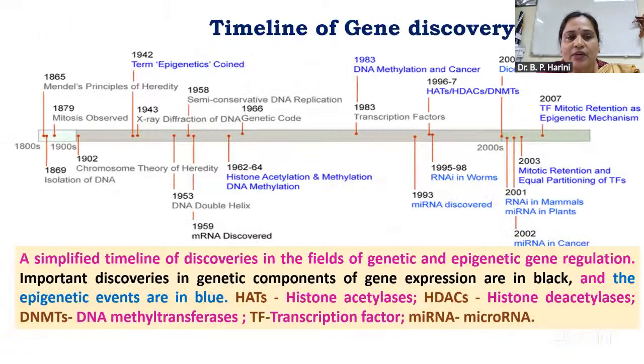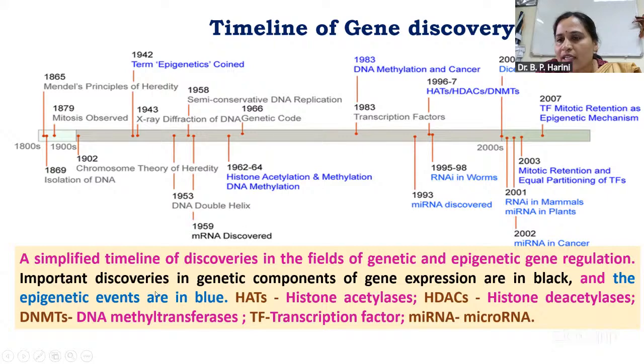So this is the timeline of the discovery of the gene, right from the 1800s. We have a lot of information with reference to the gene. It started from the 1800s, and in 1865 the Mendelian principles, followed by the isolation of DNA, the chromosome theory of heredity, DNA as a semi-conservative molecule, then X-ray diffraction studies of DNA, and the genetic code. All these were unraveled, and it gave rise to, in 2002, microRNA in cancer,